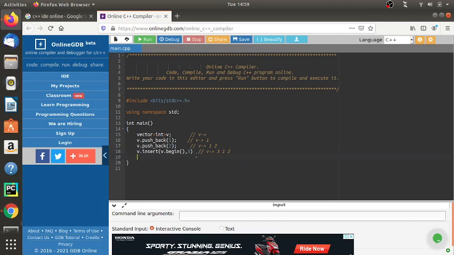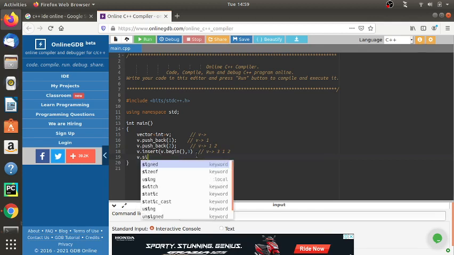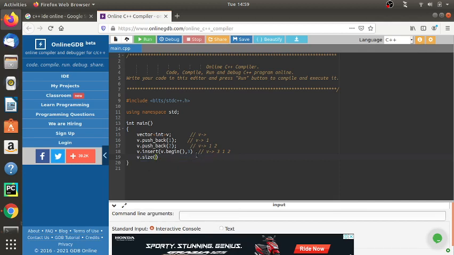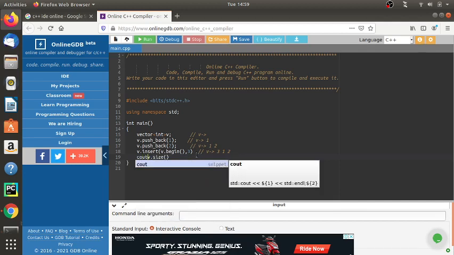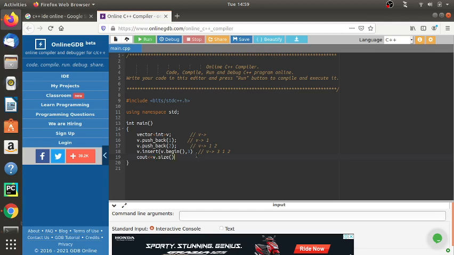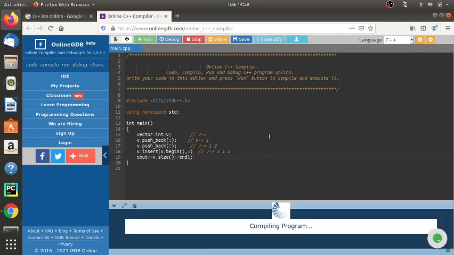In an array the size is fixed, but in a vector the size is variable. To compute the size, we can use v.size(), which will give us the size of the vector. So let's just run this.